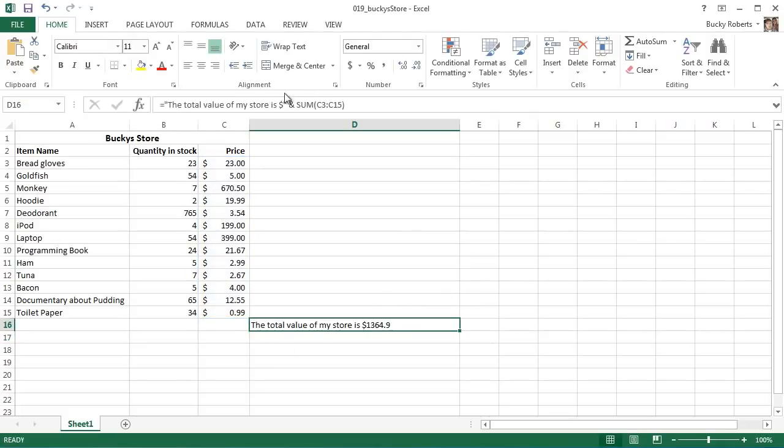It says the total value of my store is, and we combined it, is that the past tense? Who knows? We joined it, should just say that, with a numerical function. Pretty stinking awesome. So that's one cool string function, but I just got a call in,